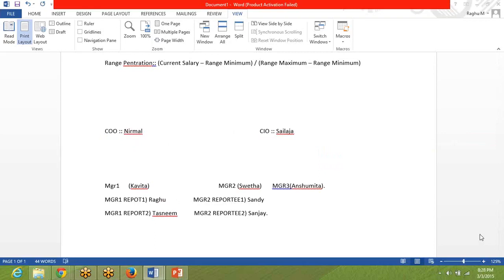And Raghu and Tasneem are the direct reportees to Kavita, right? Kavita is carrying out the compensation review for Raghu and Tasneem. And the moment you grant the executive review permissions to Nirmal's account in the SuccessFactors compensation module, Nirmal will be able to have a look at Kavita's, Raghu's and Tasneem's compensation review details in